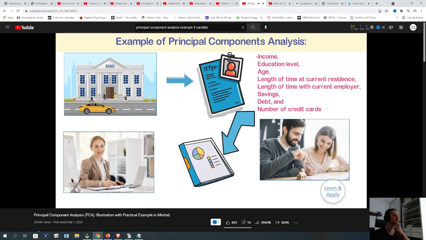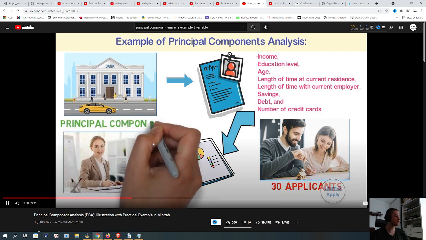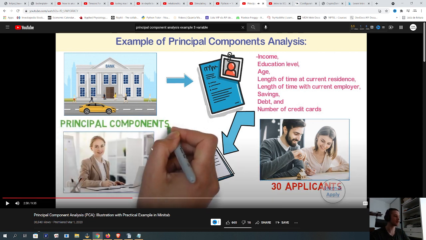The administrator collects this information for 30 loan applicants. Here, the administrator performs a principal component